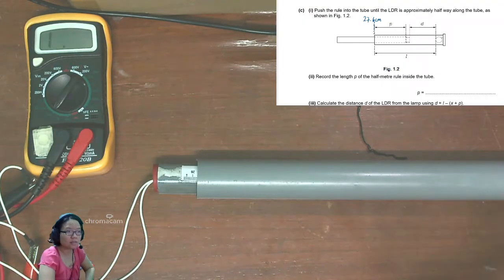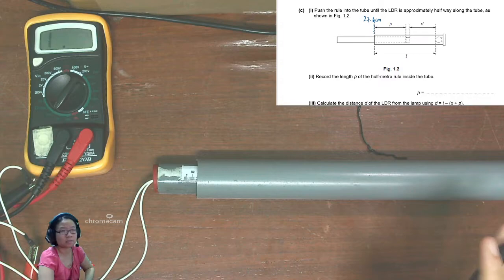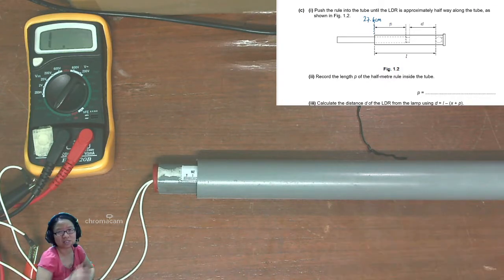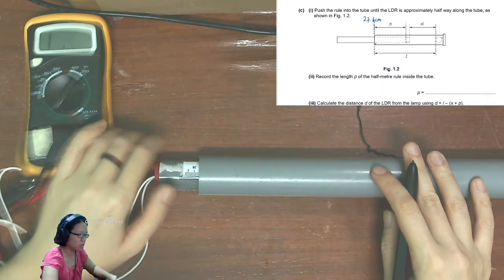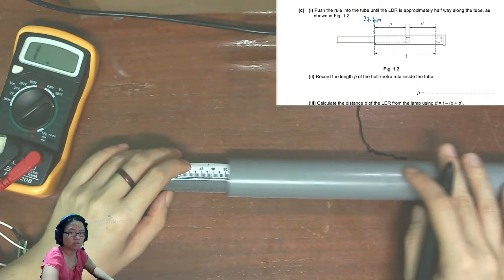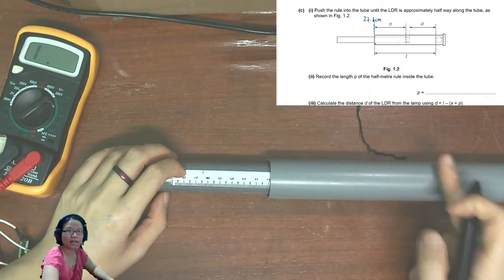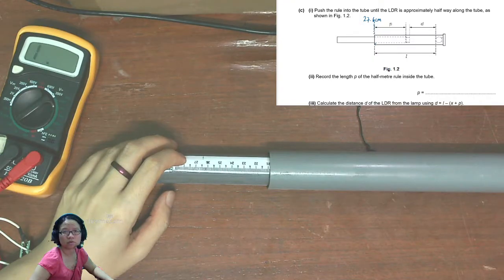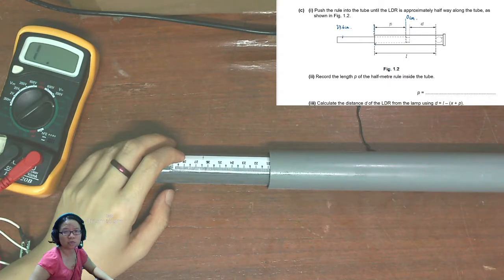Okay, so we can take 14 as a halfway mark, but please remember how to take the reading. If you just take 14, remember how this one is 14. So 14 is here to here, because you pull this one out. Okay, we're going to measure the end of this one as 0. So when this one is fully in, this one is 0 cm. Okay, so this 27.6, if you want halfway, the 27.6 is somewhere here. So if you take this one as 14,